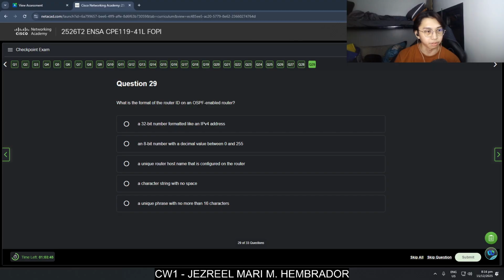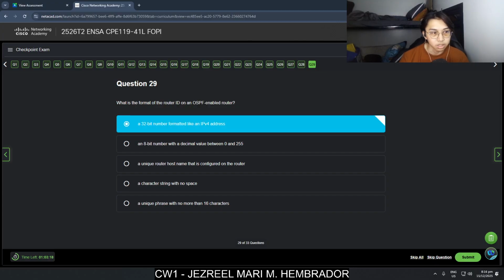What is the format of the router ID on an OSPF enabled router? A 32-bit number formatted like an IPv4 address, an 8-bit number, a unique router host name, a character string with no space, a unique phrase with no more than 16 characters.